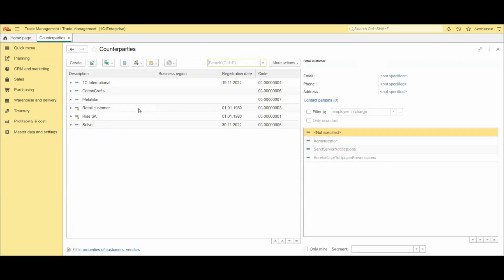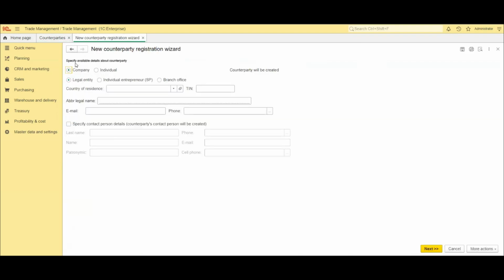Here we can see the list of counterparties existing in the system. If the required counterparty is missing, click Create to create a new one. As you can see, the new counterparty registration wizard opens. Now we need to fill in the required fields. So I enter the abbreviated legal name, the email,